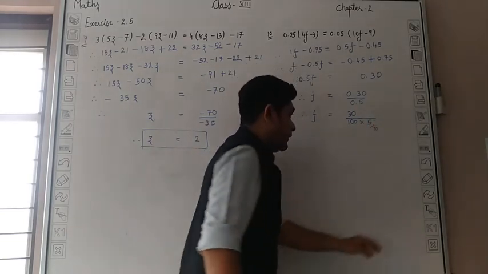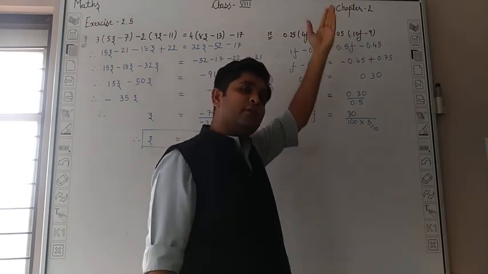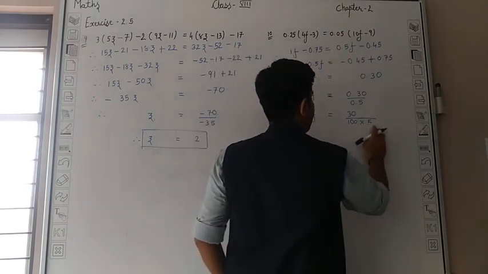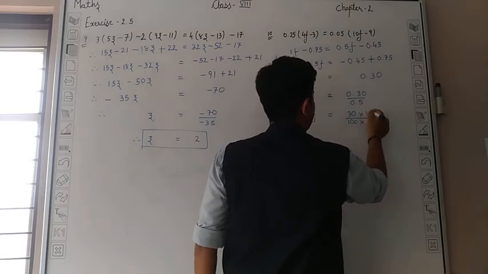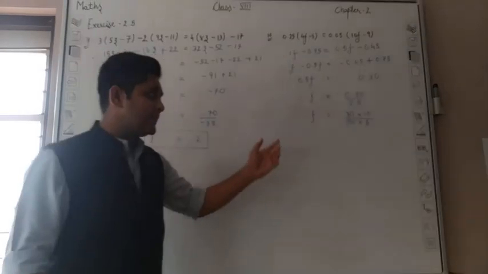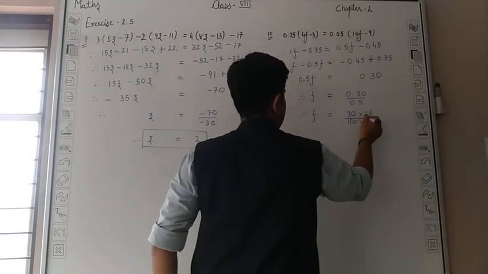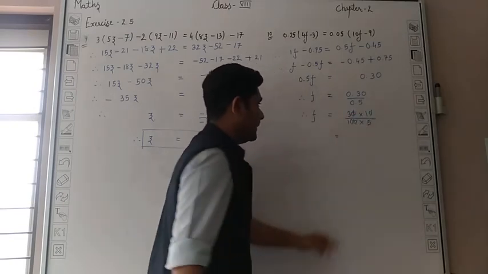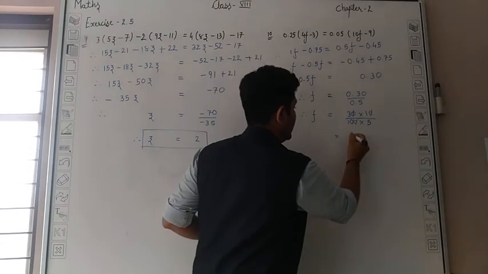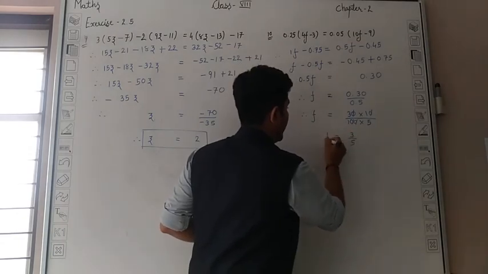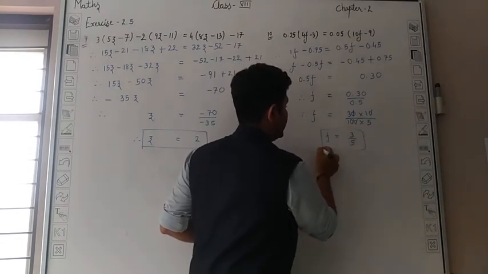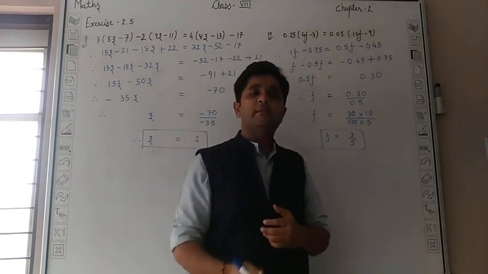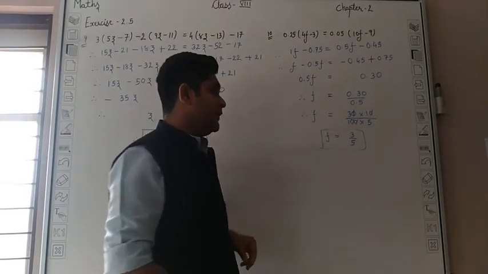This upon 10. Now this 10 goes to the numerator, so directly I am writing that. Okay. Now cancel the zeros. 0, 0, 0, 0. So upside what is remaining? 3 1s are 3 and downside 1 5s are 5. So we can write like this, this is the answer. Or also you can simplify this by 3 divided by 5.